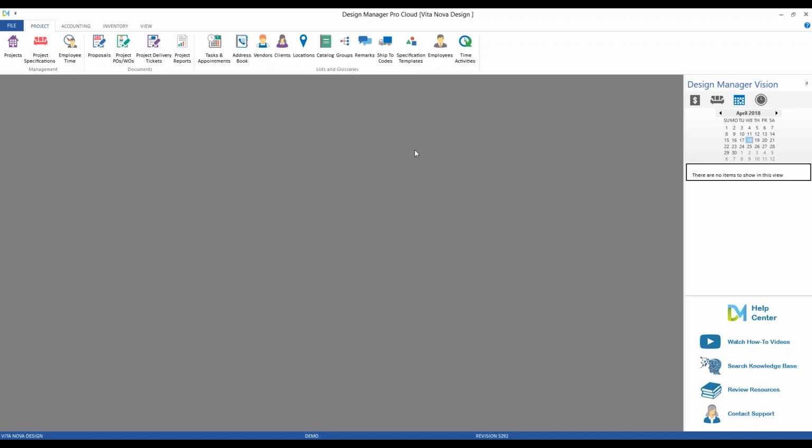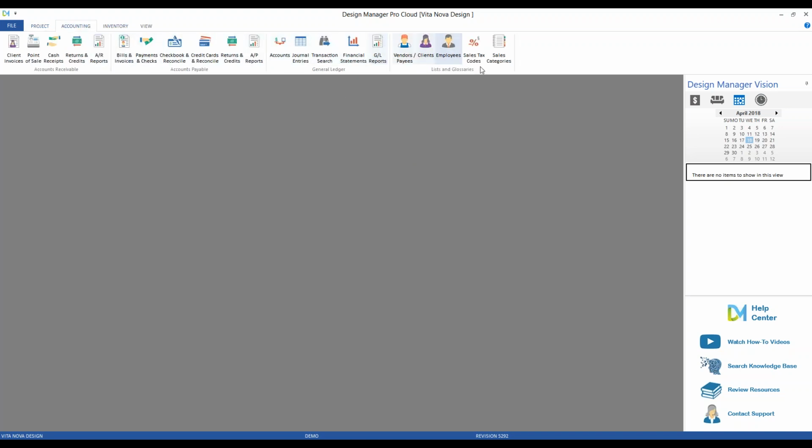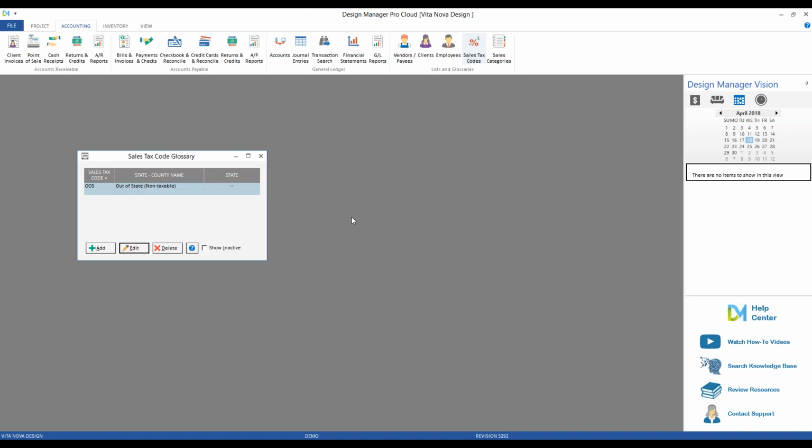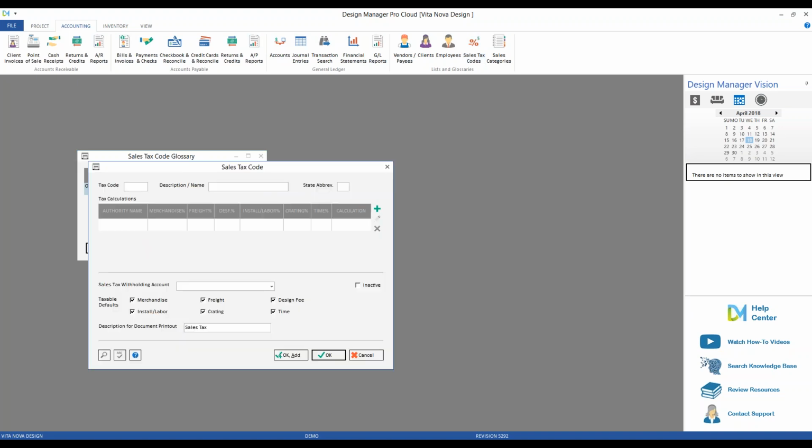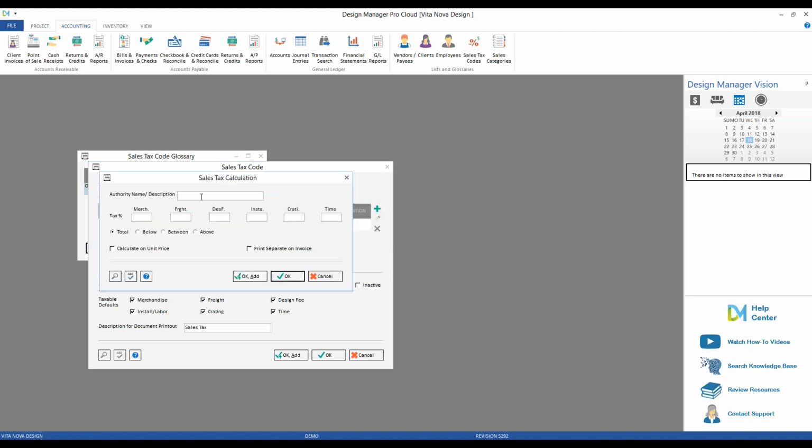To create a new sales tax code, you're going to go to the accounting menu, and you're going to select under the list and glossaries for sales tax codes. You're going to click add and enter your code and your description. Now we're in Pennsylvania, so I'm just going to put in our Pennsylvania codes here. So for example, I'm going to click the add button here, and now I have an authority, so let's just call it